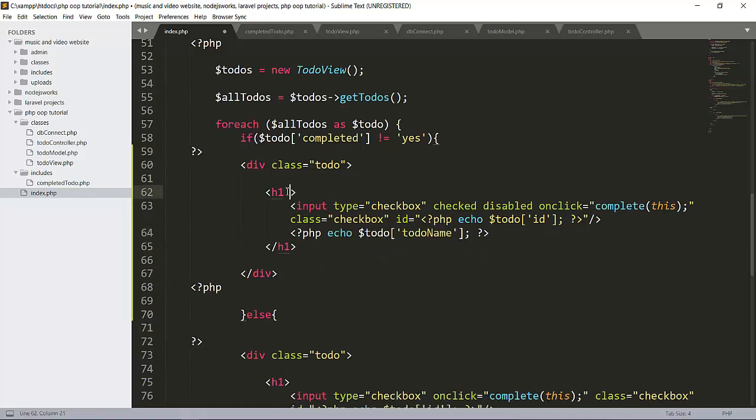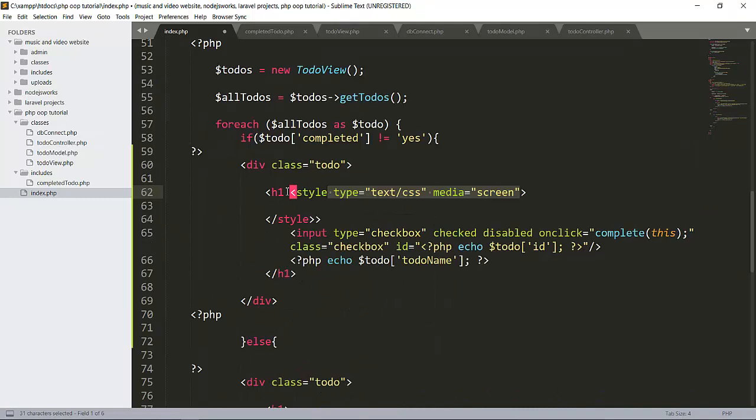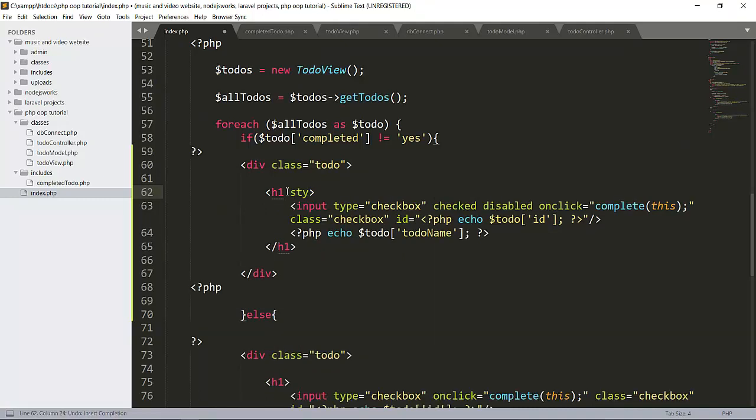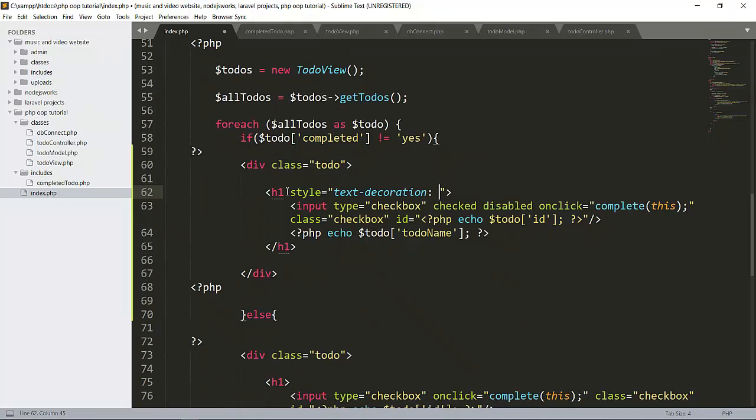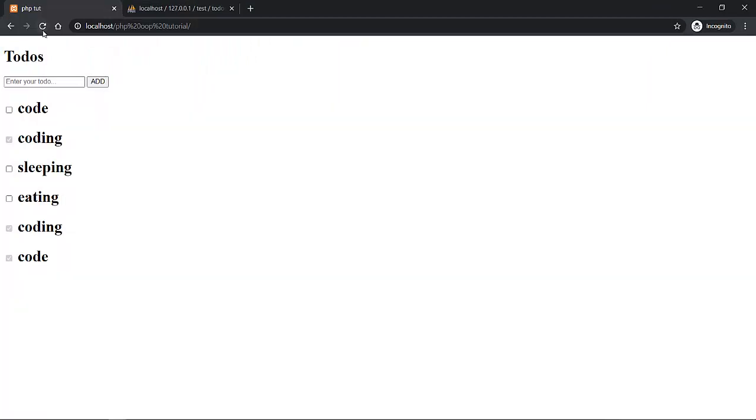Just write a style tag here, with style text-decoration line-through. Let's see. Whenever we reload this, the line is through here, meaning these are cut now.